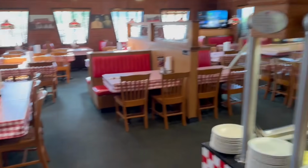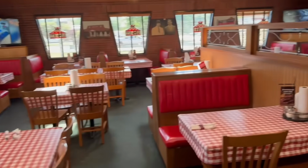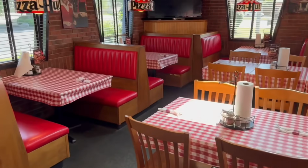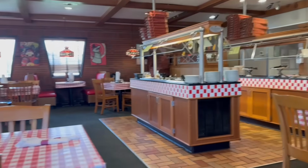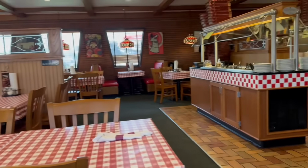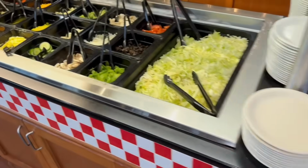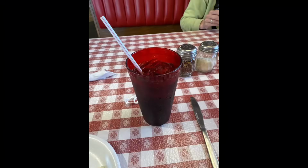Alright, now the inside of this was amazing to be in, because it looks like it's frozen in time. It's pretty incredible. We got there and we were going to get the buffet, which was really good. In case you guys are wondering where this place is, it is over here in Morgandale, Ohio, a couple hours from Cedar Point. All the buffet stuff, a good salad bar, they had a fair amount of pizza up there,